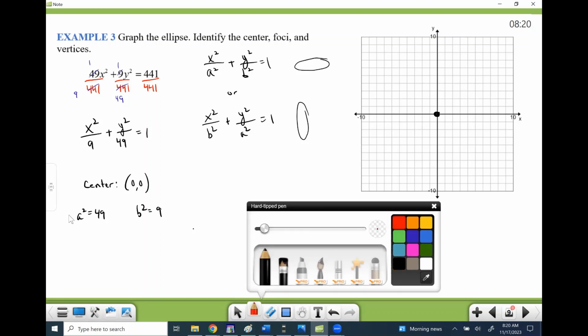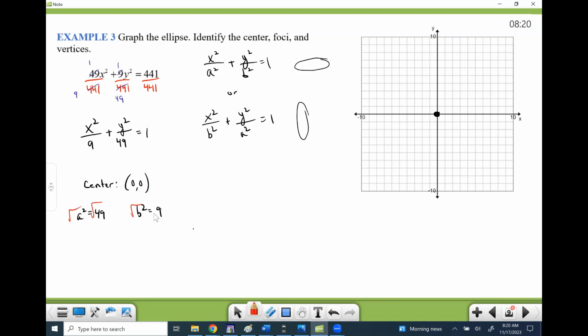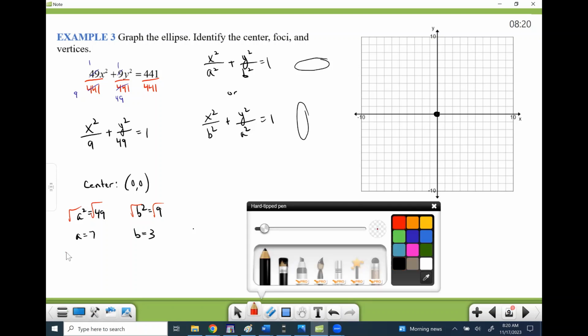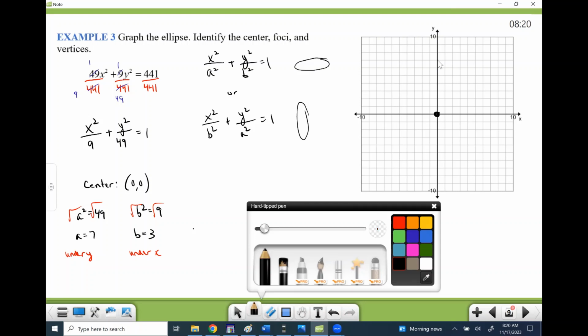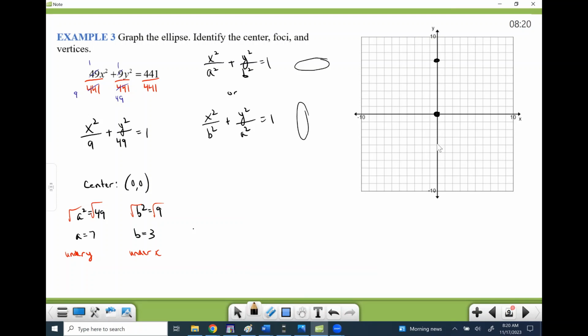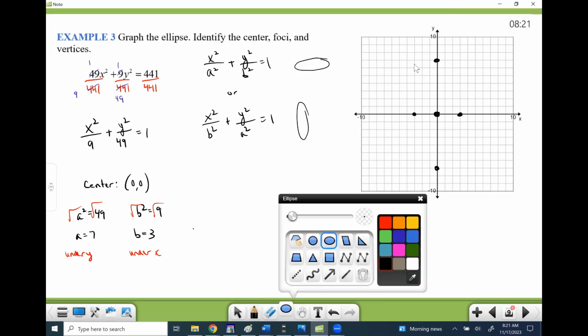When we square root to get our a and our b, we get that a equals 7 and b equals 3. I'm going to go ahead and remark here: this was under y, and this was under x. So we're going to go 7 in the y direction this time, and then 3 in the x direction. Now we are ready to graph our ellipses. They're actually not that bad to graph, maybe better than lines,